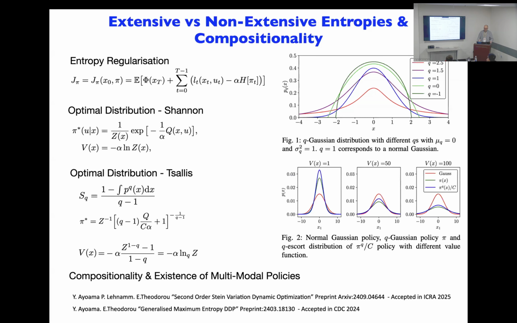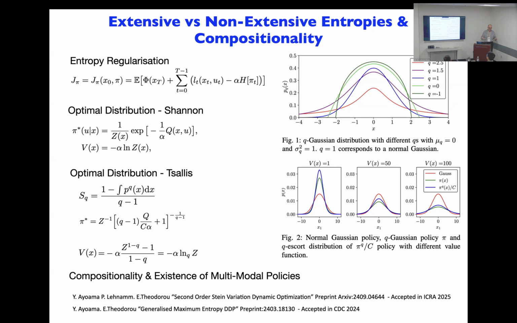heavy tails. So essentially how you can do that, I mean, that's not new, everybody's using it with entropy regularization. There's a lot of work in reinforcement learning, right? There's a lot of work in optimal control. People talk about exploratory Hamilton-Jacobi-Bellman equations. So you can essentially entropy regularize the optimal control problem. One very interesting thing here is that if you use the Shannon entropy, right, then the compositionality of optimal control is actually preserved, which has direct implications in terms of whether or not you can have a multimodal policy. But if you go to a non-extensive entropy, if I use, for example, the Tsallis entropy,